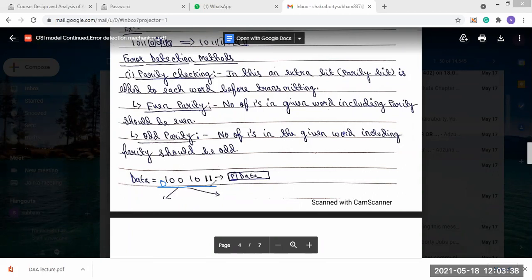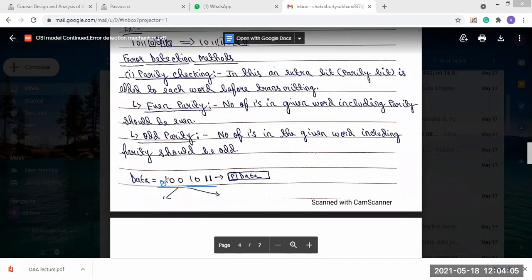So that means if we want to choose even parity, then in the parity bit we should use 0. Or if we choose odd parity, in that case we have to add 1 in the parity bit, because including the parity bit, the number of ones should be an odd number.